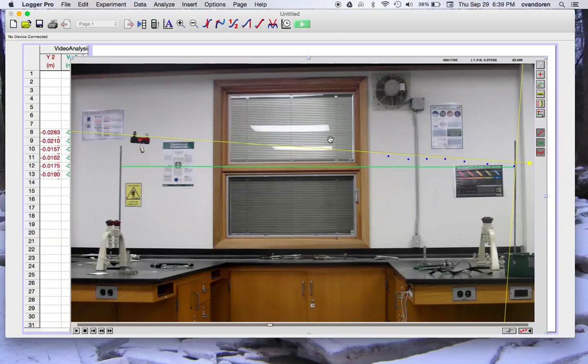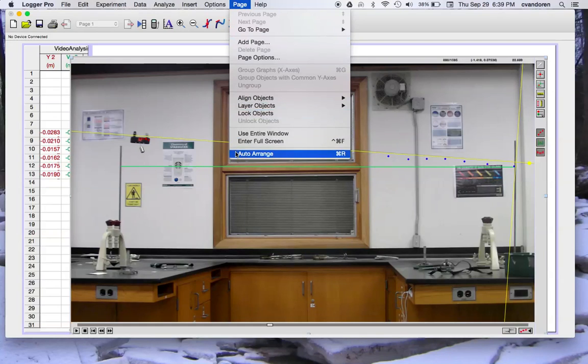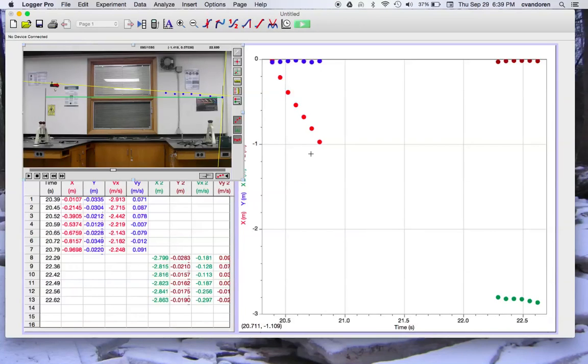And once you've done that, you have all your data points, the axes are set, the scale is set, you can hit the auto arrange command under the page key, or just use Command R, and that'll put the movie and the data and the graphs all on the same page. Now you can see some of the data here, again properly scaled, but you notice it plots 4 different things on the